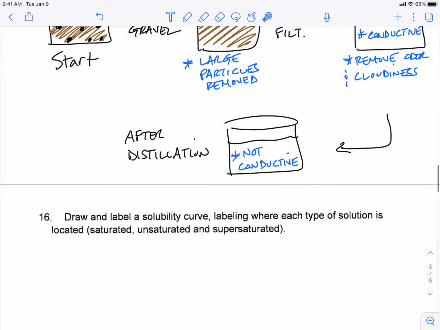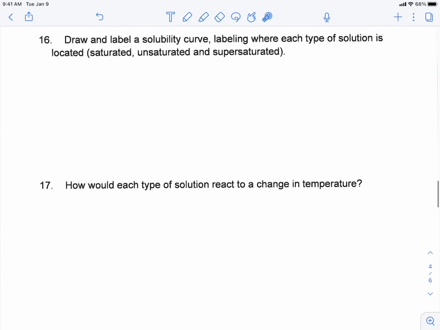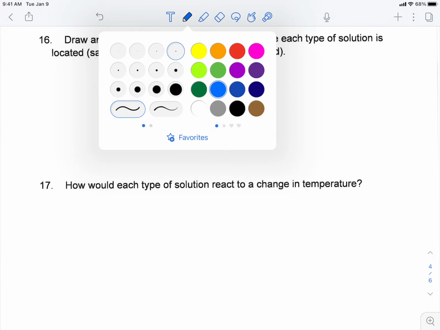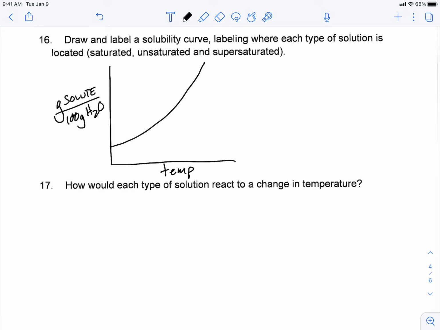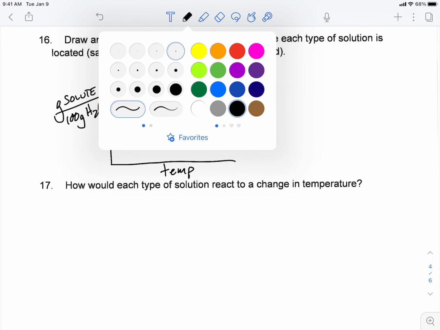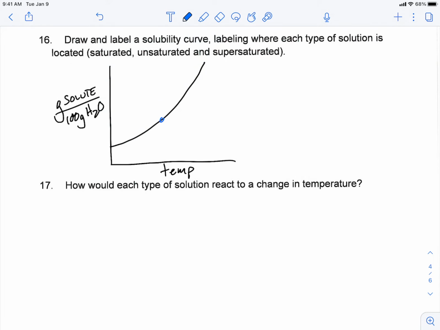All right. Next thing that we would draw here would be a solubility curve. And so we'll just draw a solubility curve. Temperature was on the x-axis. On the y-axis, we had our grams of our solute per 100 grams of water. And I'll just kind of draw like a generic solubility curve. If we were somewhere on the line,